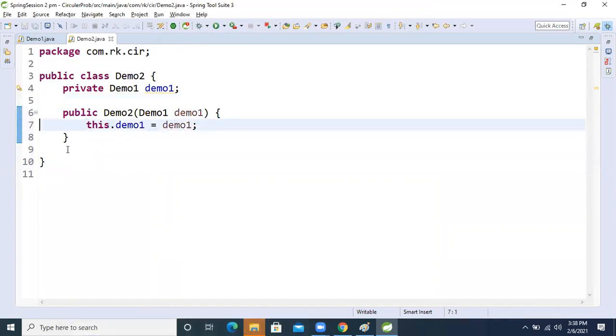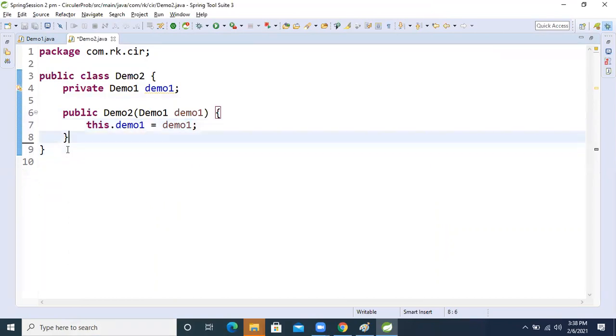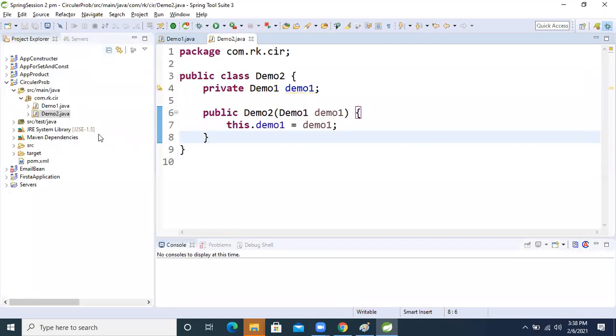So in this case we will get the circular dependency problem, because at the same time our IOC container will create the object and inject the object. Then the problem will happen.